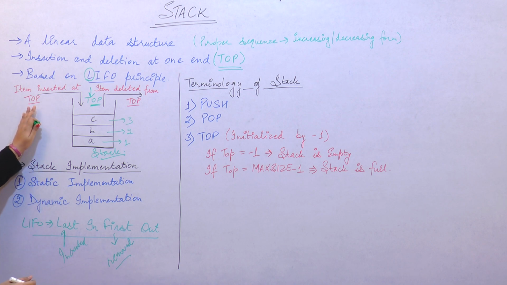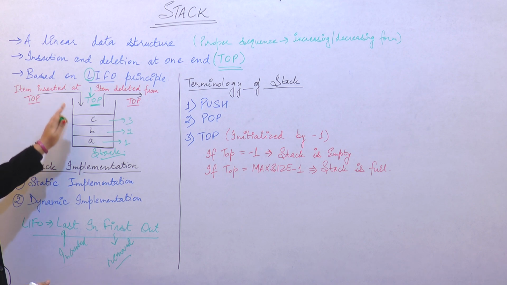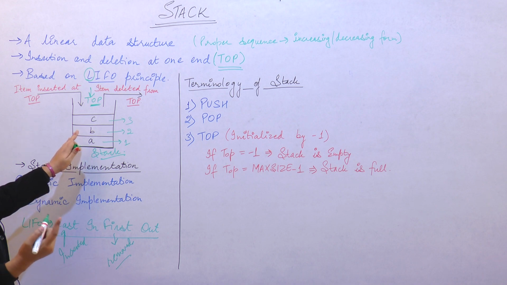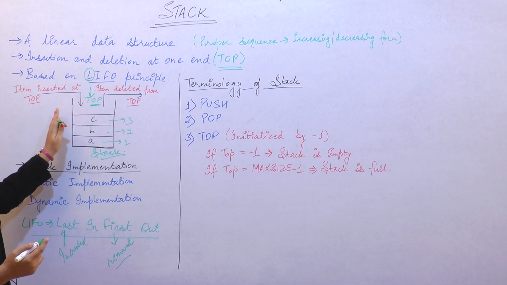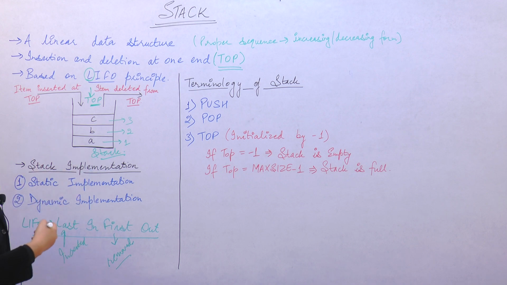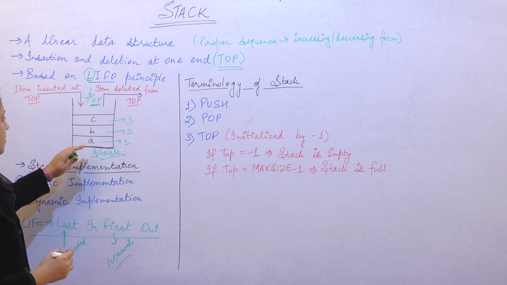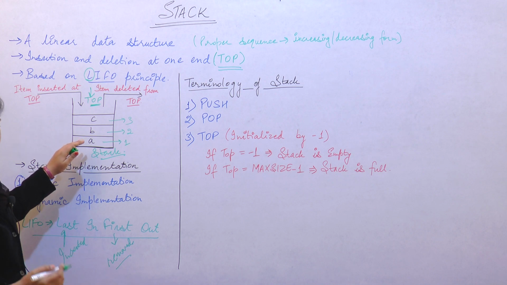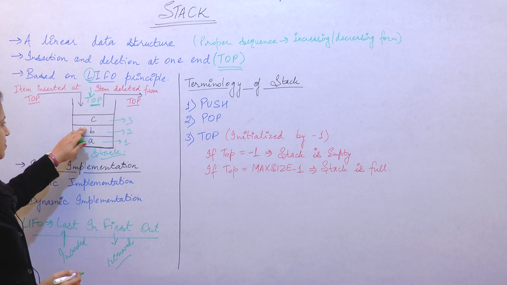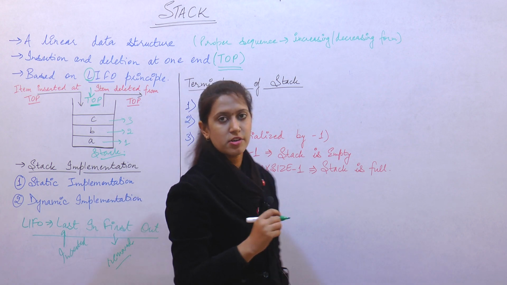So we insert elements from the top of the stack. When we inserted A, our first element, we inserted it through the top, the one end that we have in our stack. Then we inserted the next element B from the top, similarly C, and further we can insert elements like this. Now we have three elements in our stack: first A, second B, and third C. C was the last element that we inserted.